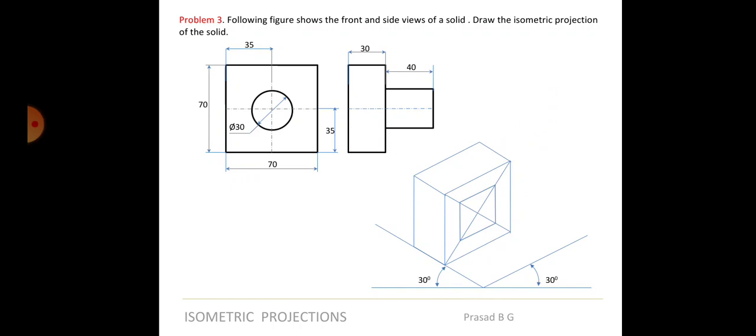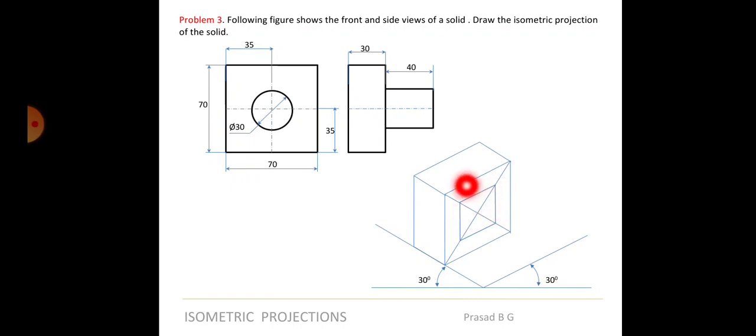There's another way which can also be applied for most of the other objects, when there are cubes, and on top of that if there is a prism and all that. So how to do that, just listen here. This side is how much? 70, right? What is this? This is 30, right? So what should be the distance on either side? This is also 70, this is 30. 70 minus 30 is 40. So 40 on either side, it should be 20 and 20.